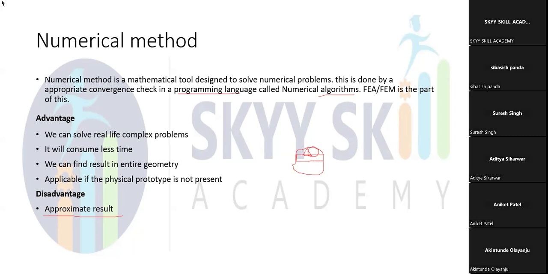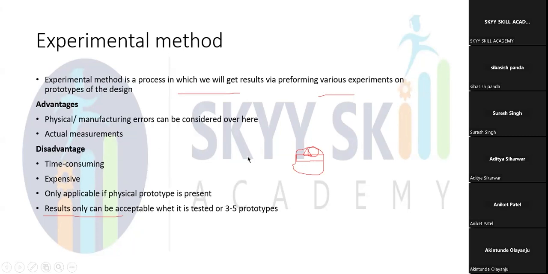Then the next one is the experimental method. What is the experimental method? In the experimental method, we perform various kinds of experiments on a body, or on a prototype of the body which we are going to manufacture. Generally we focus on this method for components which directly affect human life,